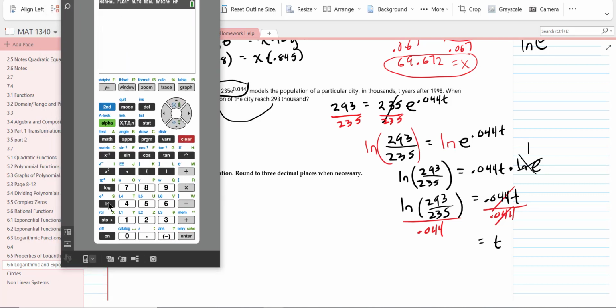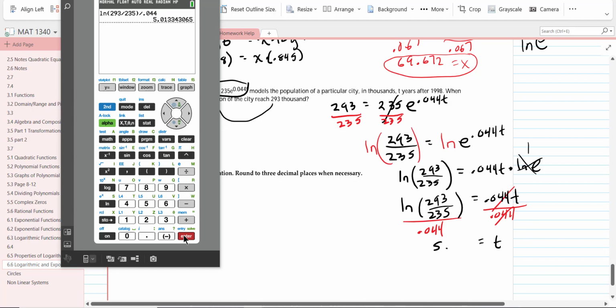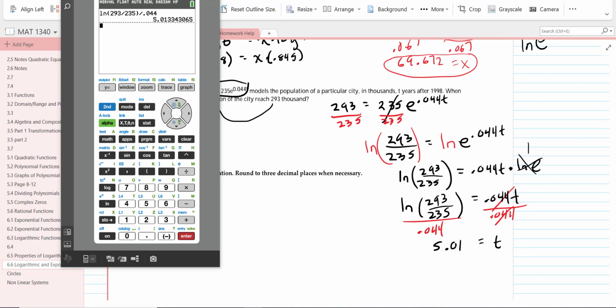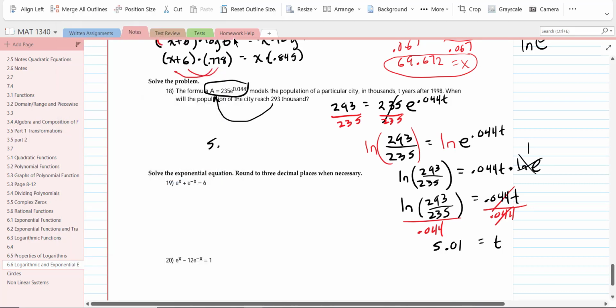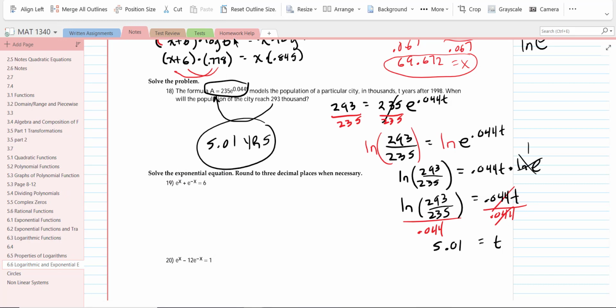And you can do this in one step. You can go natural logarithm of 293 divided by 235. Make sure you close parentheses. Divide by 0.044. And that will give about 5.01 years. So I'm just going to round it to 2 decimals. So the final answer on that problem would be about 5.01 years is how long it takes for that population